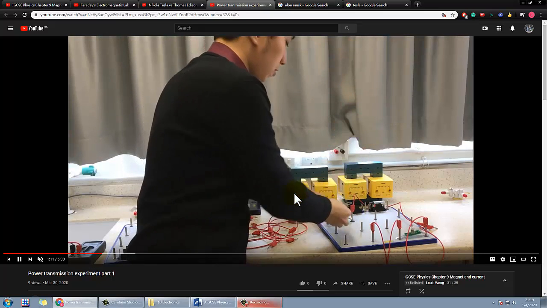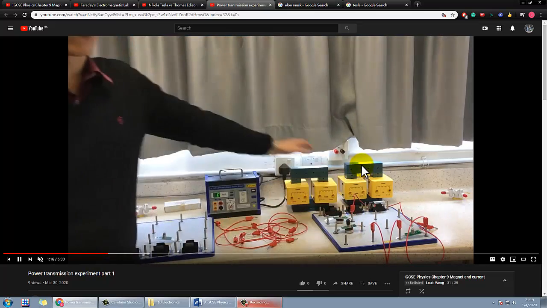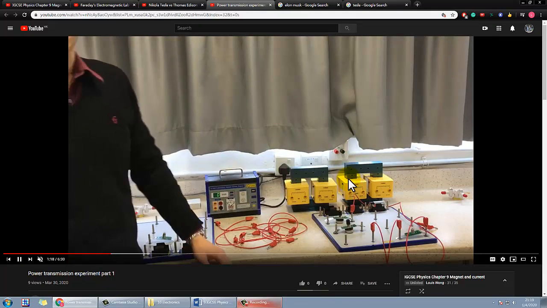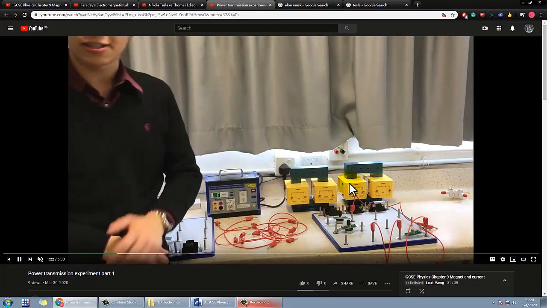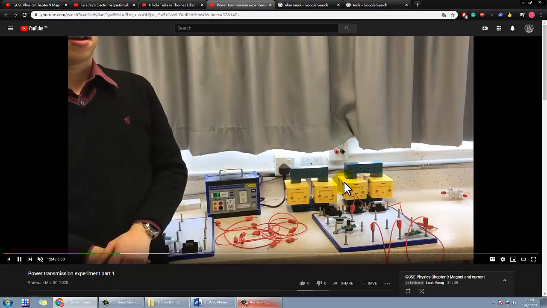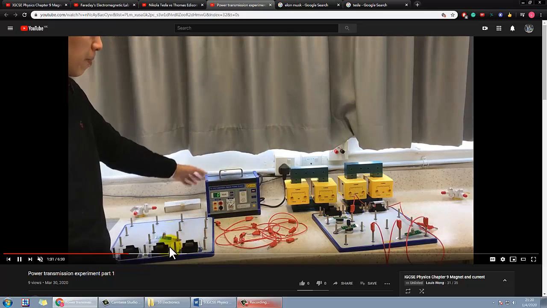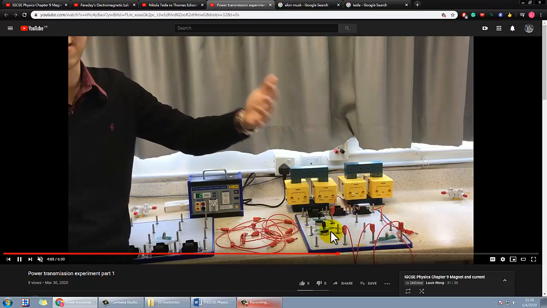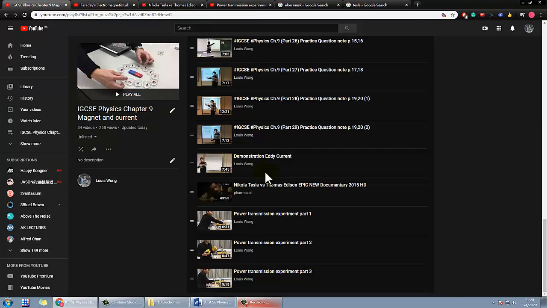At the end, this experiment will show you that Nikola Tesla's model, the one with AC and the transformer, is very successful in making the whole system efficient, which means saving energy, while Thomas Edison's one simply wastes lots of energy in terms of power transmission. But I would like you to see the result first. So again, make sure you finish all three parts before we start this video. If you didn't, go and watch them now.